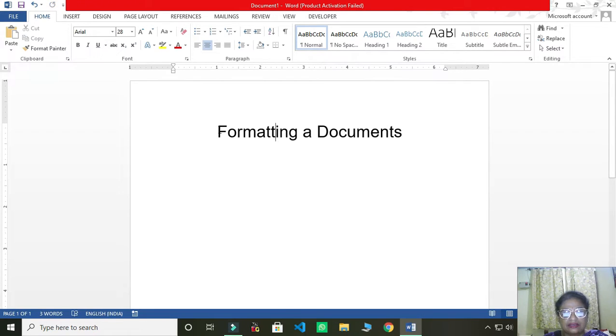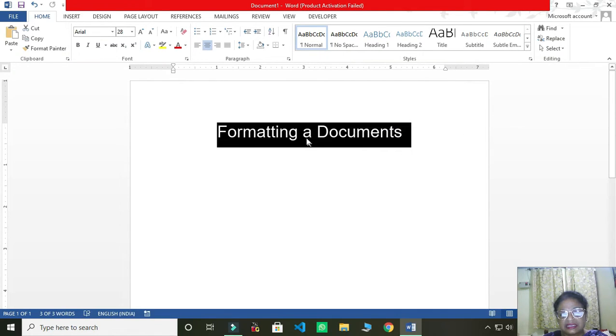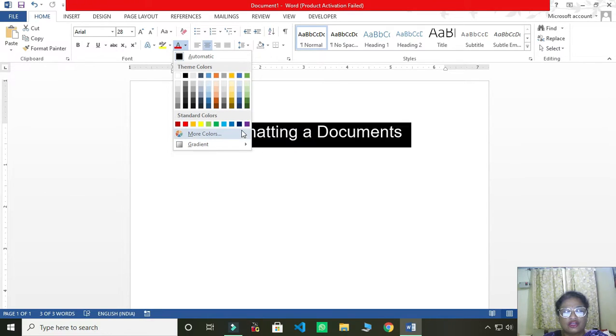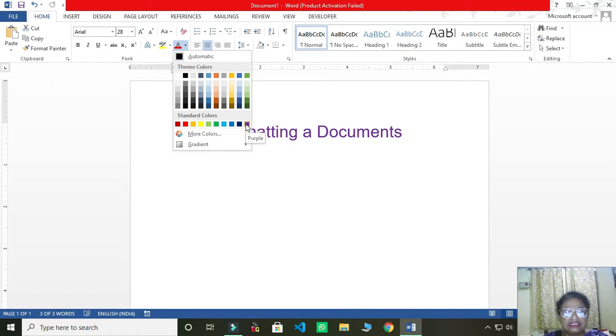Now children, you can even change the color of the text. For any formatting effect, you need to select the text. First thing is selection. You have to select the text where you want to make changes. Now you go to Home tab, font group, and then you choose the font color option and choose the color according to your need.